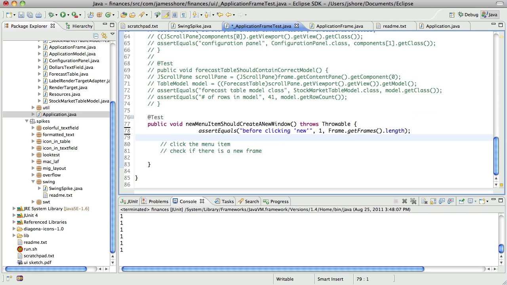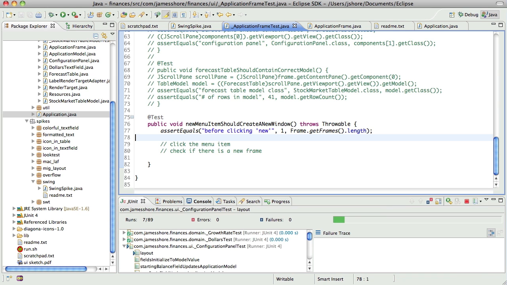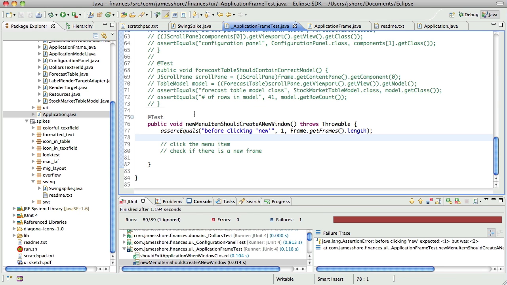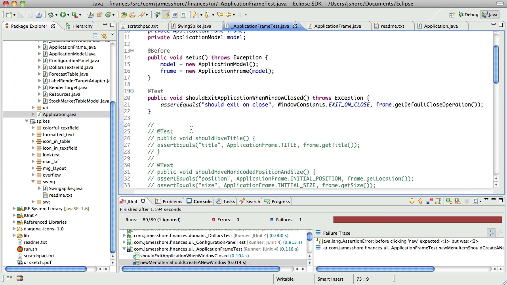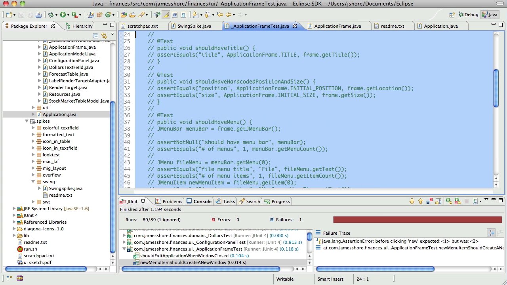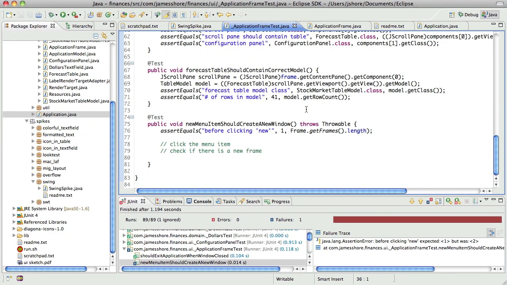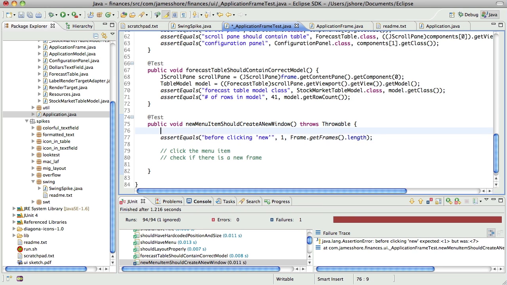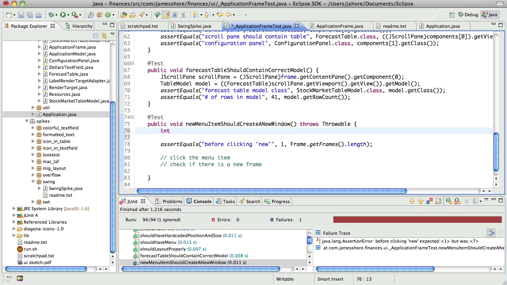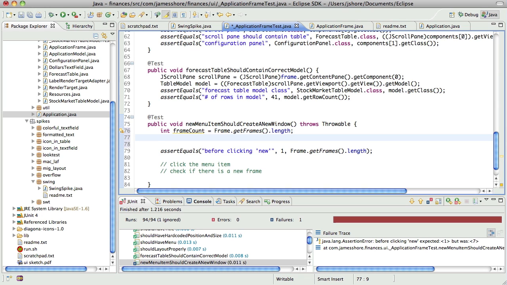So what I'm going to do, and this is strange, but it will work, is I'm going to save off the number of frames that there are before I click new and assert that that gets 1 larger when I click new. And that will be another way of approaching this, and it should work. So what this is going to be is a frame count equals Frame.getFrames.length, and then we'll do something to click the item,